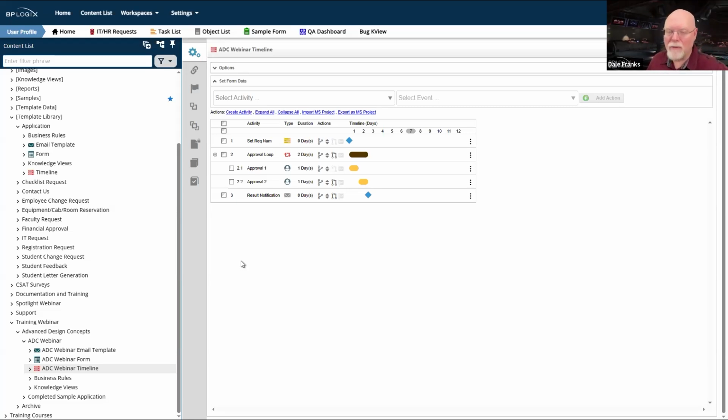So some certain event occurs, or there's some certain data on the form that gets selected, which if it's selected, I want to end the timeline. Then that's where you would put your end process. The end process is one of the most used and yet least needed timeline activity types in Process Director.